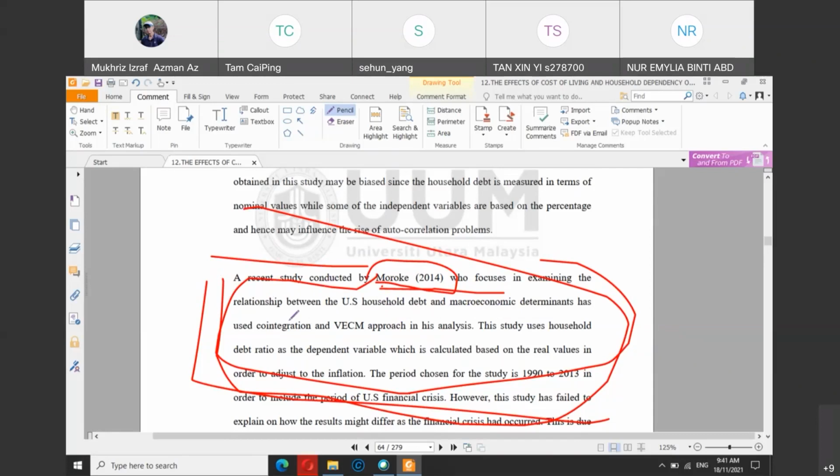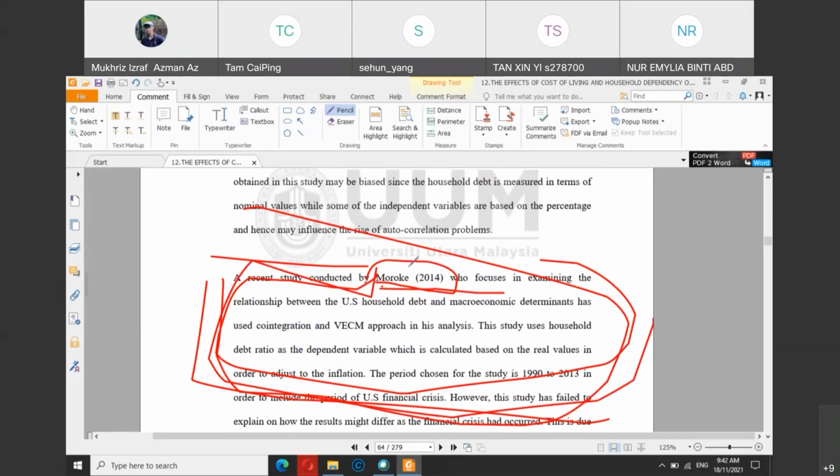Whatever you cite must give support to your own project or your own topic. So you can use other people's theses and go to chapter 2 or any part of the thesis, and you can copy, for example, this paragraph, and still write in your own thesis according to Moroki 2014. They found that household real values in blah blah blah is adjusted to... I mean, you rewrite it, and as long as the context is the same, it's fine for me. At least at undergraduate level it is still okay.